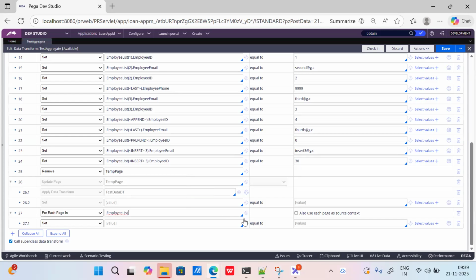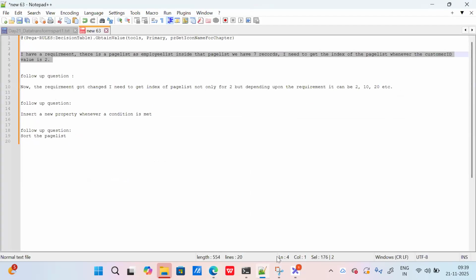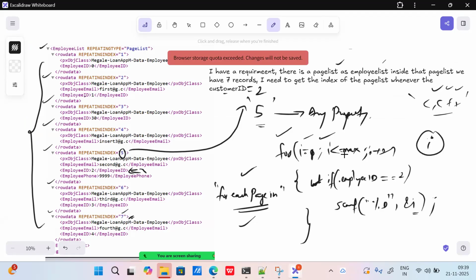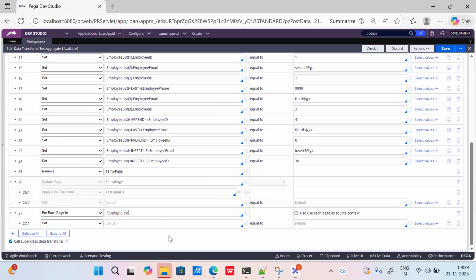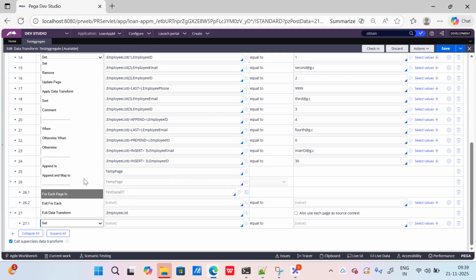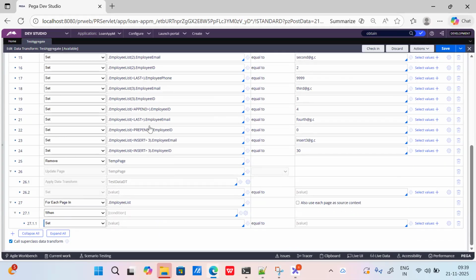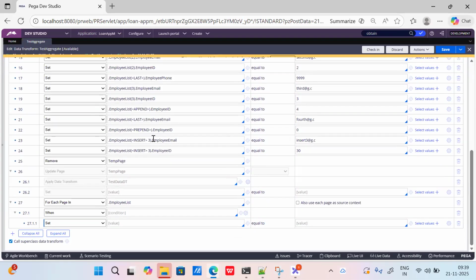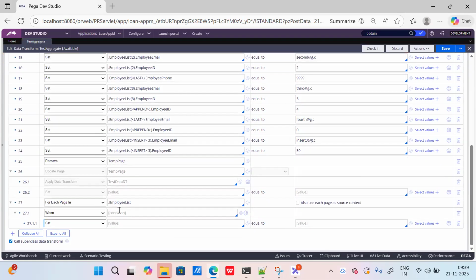Now tell me, this is very important. I have a when condition. If you remember, I need to validate whenever I'm looping inside this one. I'm looping inside it, but I need to check a condition where employee ID is the condition. So if I go back to this place, for each page in, I need to check a when condition. We covered this when lecture the day before. When dot employee ID, this is my employee ID. I'm copying this employee ID.